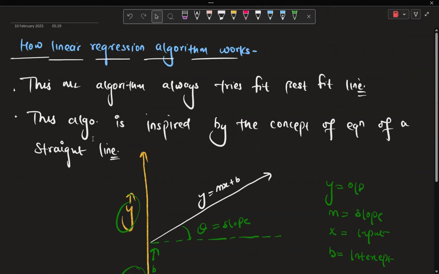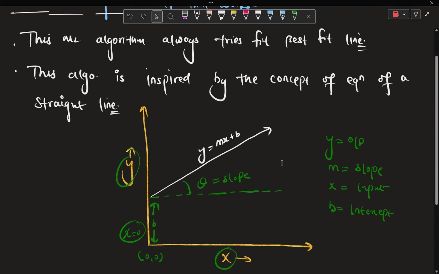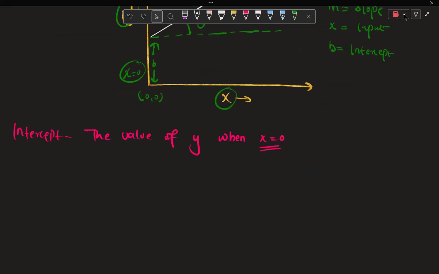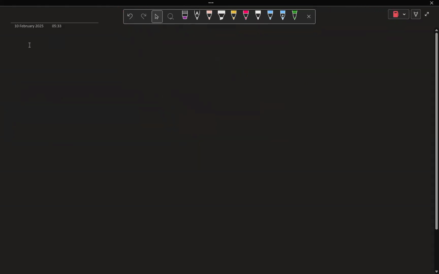Now, what I was telling you, this machine learning algorithm is basically inspired by the equation of a straight line. This is the equation of a straight line. From this line only, our machine learning algorithm is inspired. So let me write the equation. Now the equation becomes like this. We write y equal to,